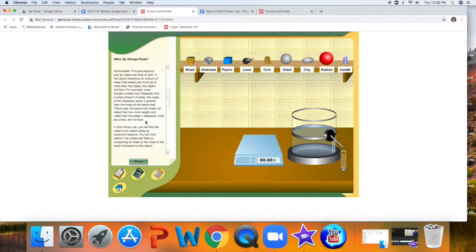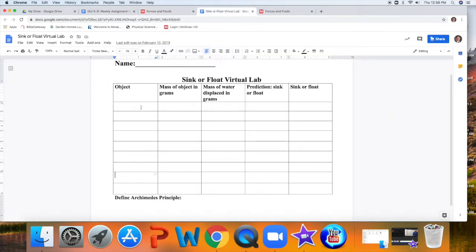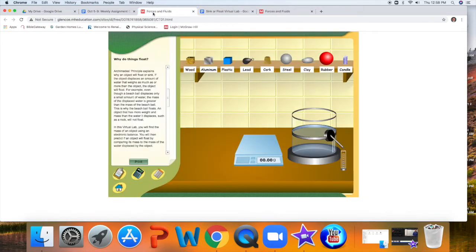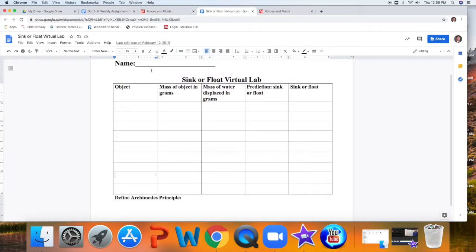In this virtual lab, you will find the mass of an object using an electronic balance. You will then predict if an object will float by comparing its mass to the mass of the water displaced by the object. Let's try it out. Again, on this page, you're writing in what you're supposed to do. So with the first one, I'll go through it with you together, and then you'll be able to do the rest on your own. The first item is wood, so let's type in